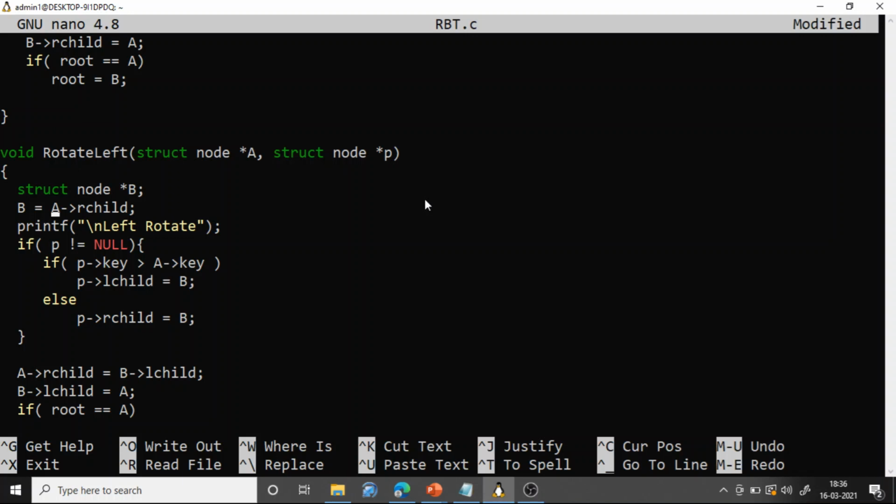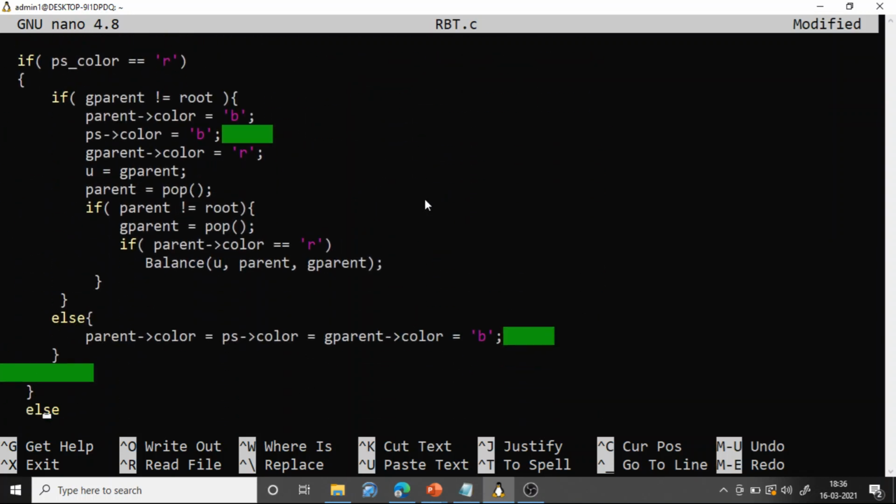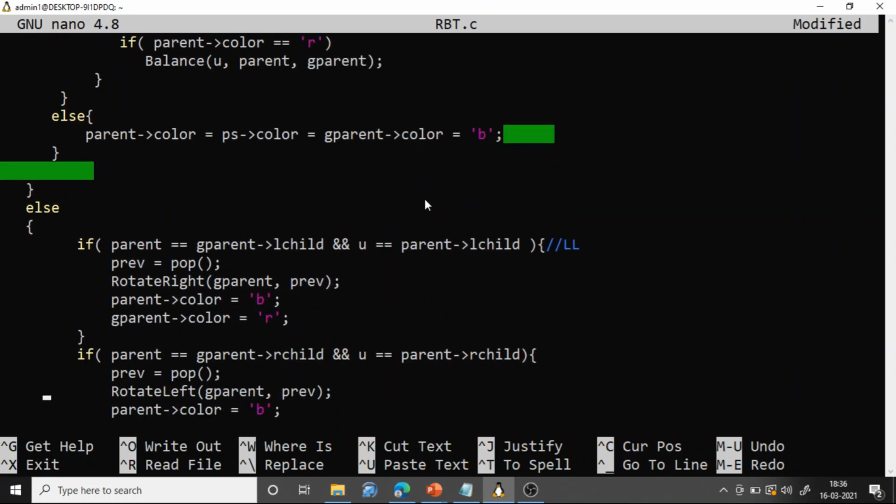For that we need the parent node, and for that only we are using these conditions. So here, currently we have grandparent, parent and the new node. Now we want to perform a rotation on the grandparent. If you want to perform a rotation on the grandparent, you need the node which is the parent of the grandparent. For that we are performing a pop operation.